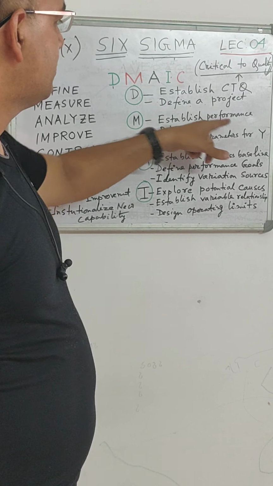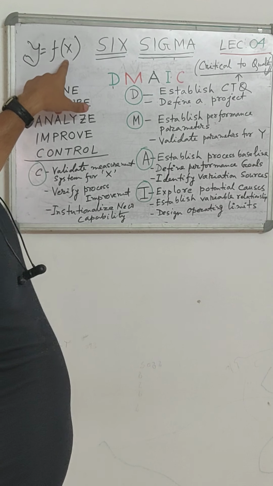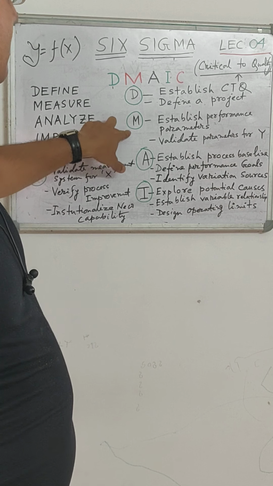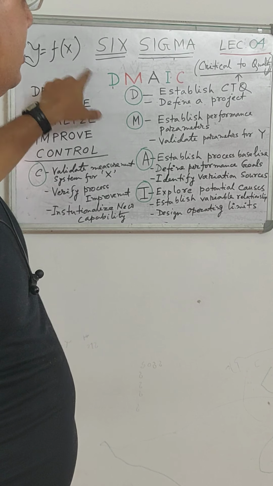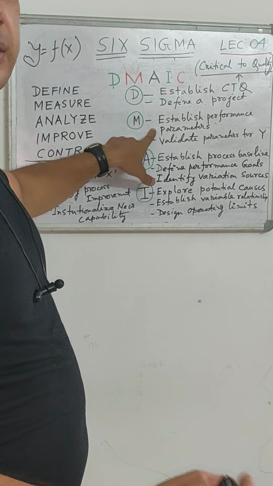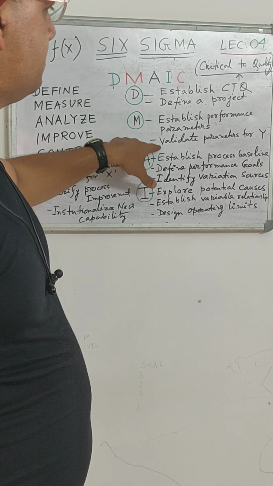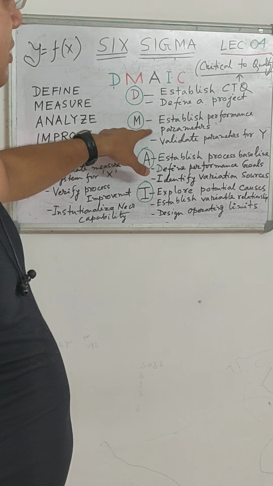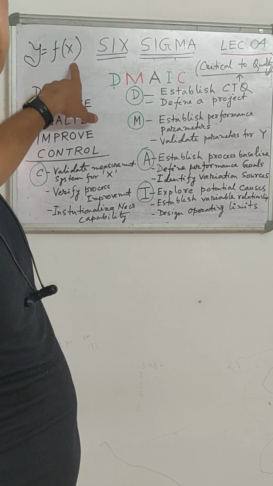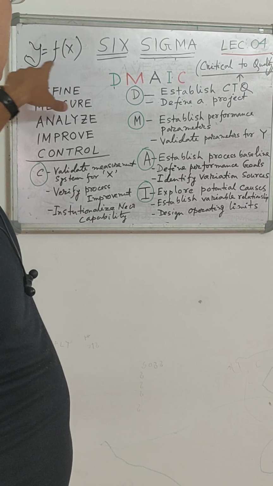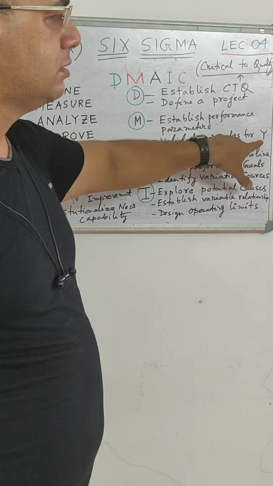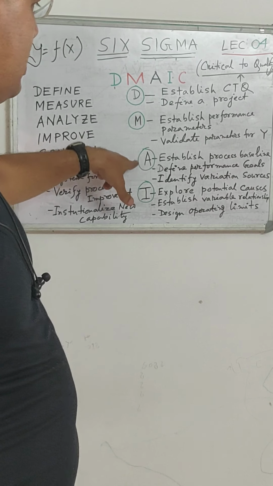Then Measure, establish performance parameters. We need to find out what the X's are. So in the measure phase, we will define my X's, and how to do measurement and everything. And in that we establish which are the deciding X's for Y. There may be n number of X's in the system, but all may not be related to Y. So we will define which X's matter for Y in that manner.